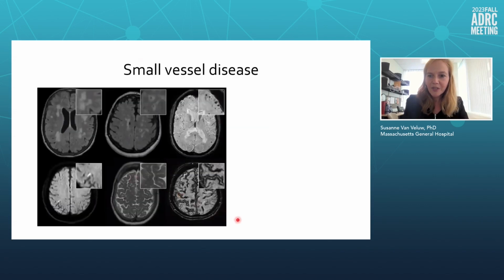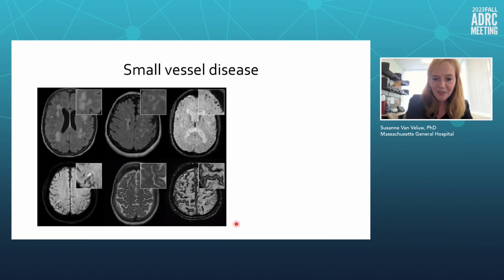So here you can see some of the key manifestations of cerebral small vessel disease that we encounter on brain imaging. So these white matter hyperintensities, lacunes, microbleeds, microinfarcts, these perivascular spaces, and cortical superficial siderosis. And as you'll appreciate, these are really not the small vessels themselves, but rather the consequences of small vessel disease pathology that we can capture and we sort of really use to identify and define small vessel disease on brain